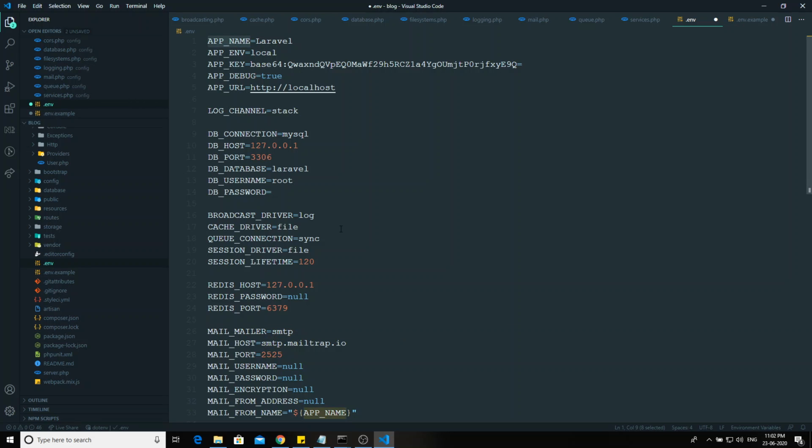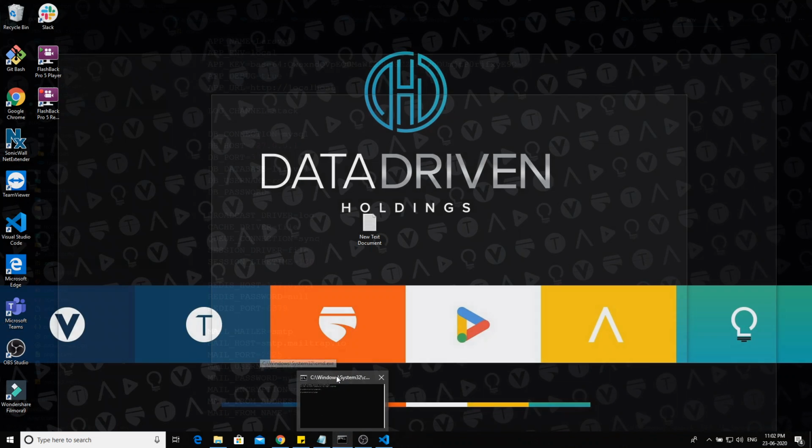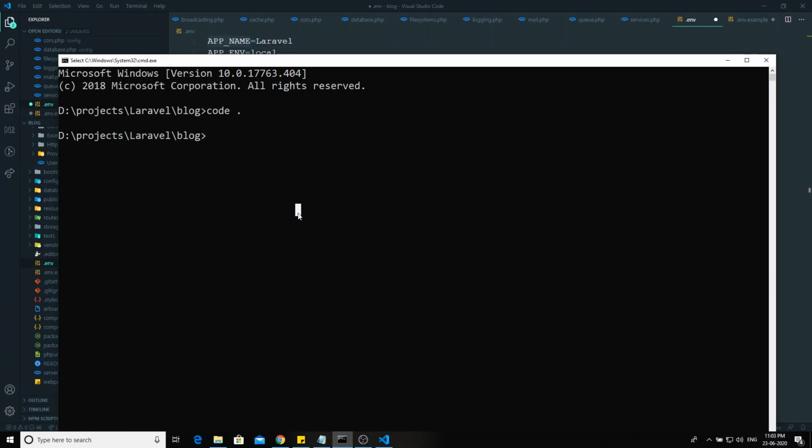In order to access this app name, we have a special way. If you go here, I will go to php artisan tinker. Tinker is nothing but a command line for PHP, through which we can access the project's Laravel features and all those things.